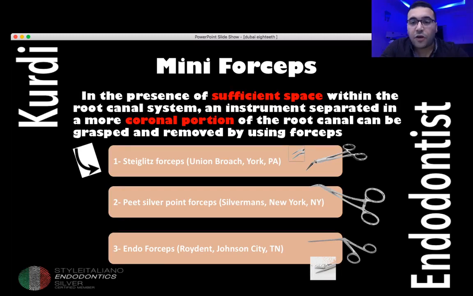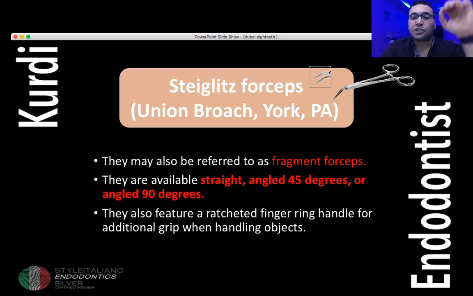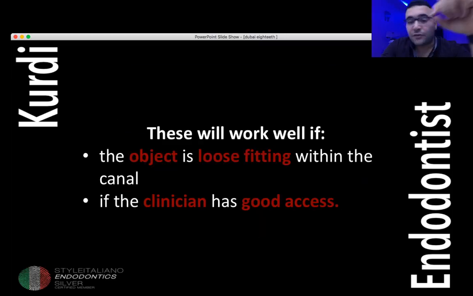We have a lot of forceps you can use in such part of the canal. Stiglitz forceps is a very famous one you can use. They are available in straight, angle 45 degrees or even angle 90 degrees to give you more handling. But I have to tell you that this kind of technique, this kind of forceps to remove the file, will just work if the object is loose, not engaged in the canal, and also if you have a good access